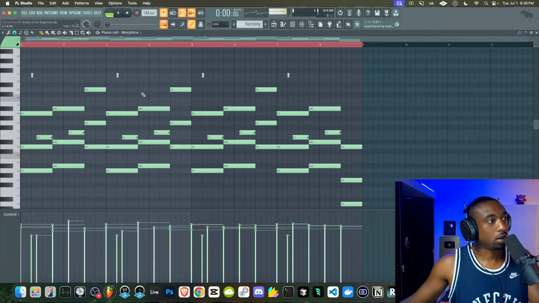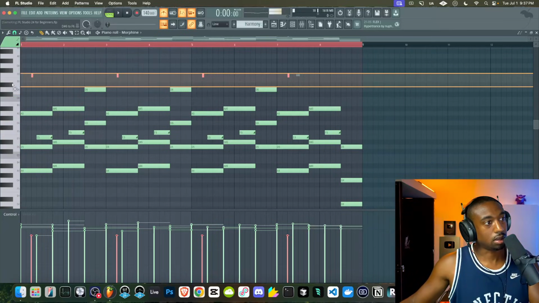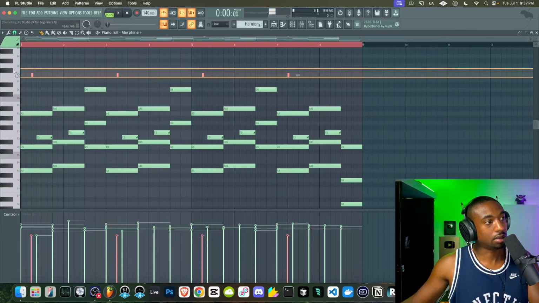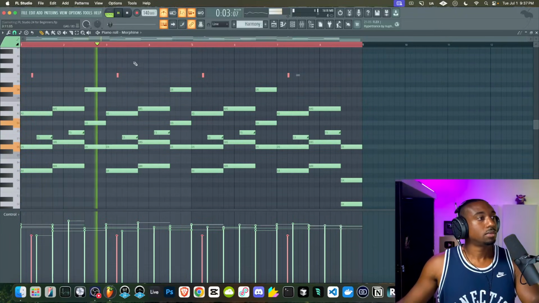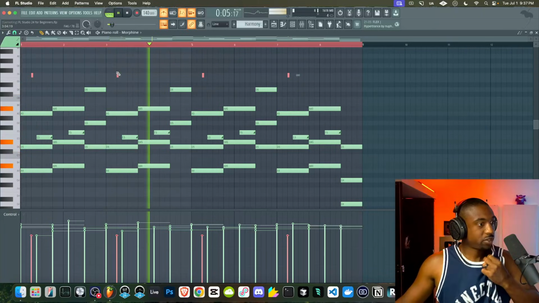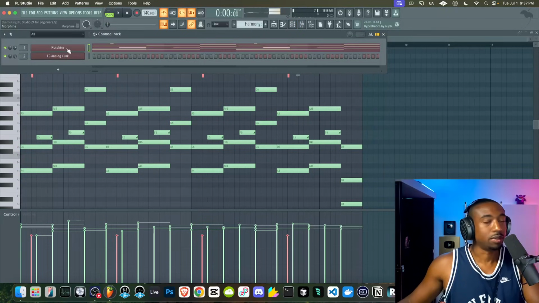You can also highlight all the notes on one note. If you hit Control, left click, you can highlight all the notes horizontally this way. And you could also drag to highlight like that. So that's almost like a sound effect. It just makes the sound feel a little more active.